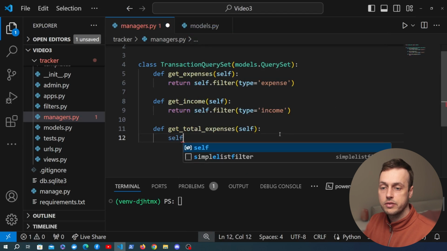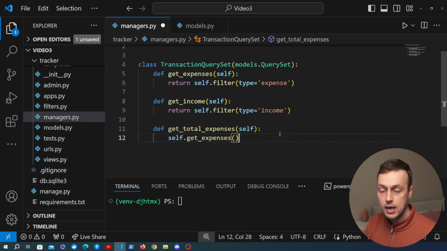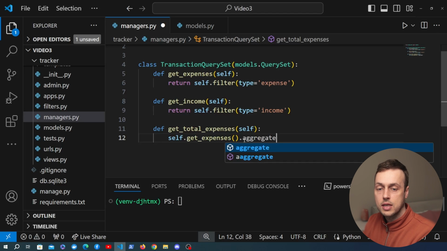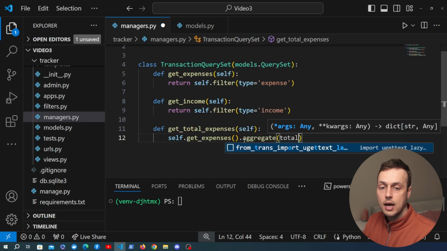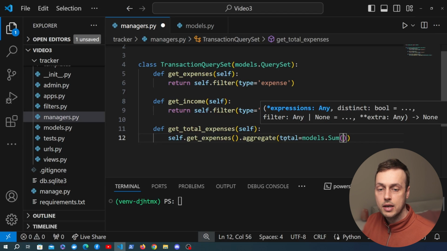So let's start by filtering the query set by calling getExpenses. So it's self.getExpenses, and that's going to filter down based on this line of code above. And then that's going to return to us another query set. We can chain additional methods to that. And we're going to chain the .aggregate method to this. And we're going to aggregate, and that's going to use a models.Sum, and we're going to get back the total